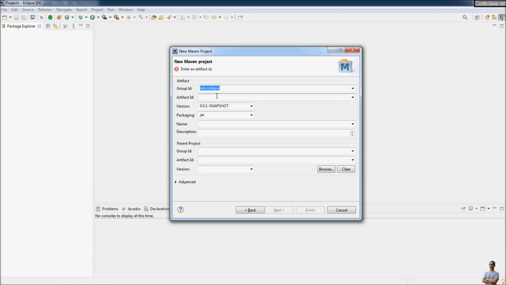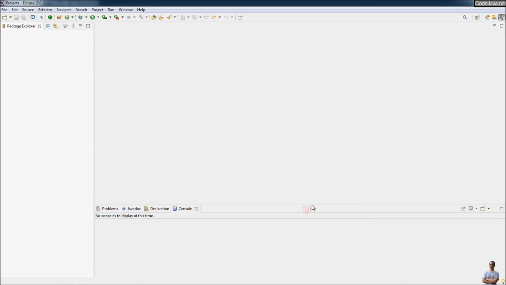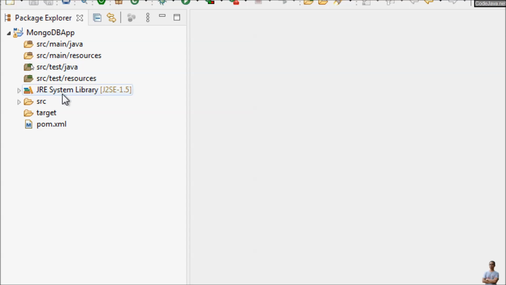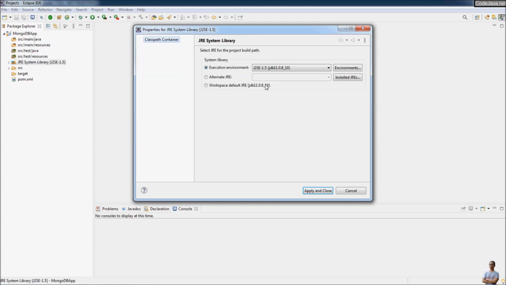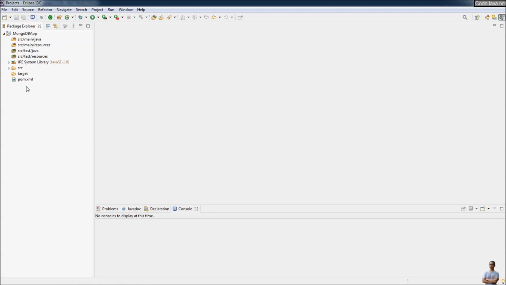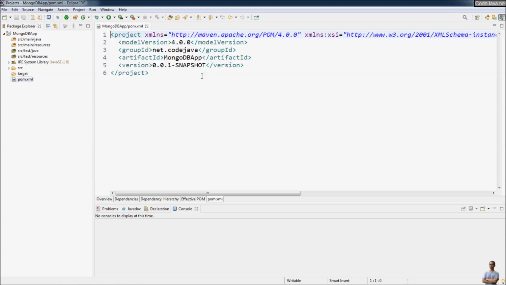CodeJava, and artifact ID is MongoDBApp. Finish, and we got the Maven project created here. And change the Java version to 1.8 here. Okay, and open the Maven project file, the pom.xml file here, and we need to declare some dependencies